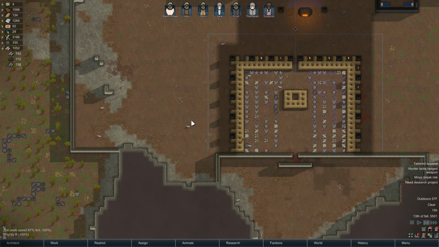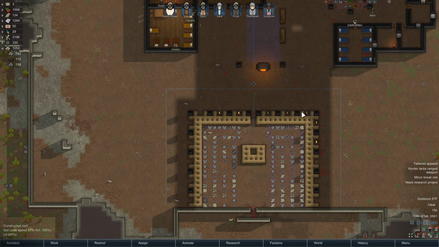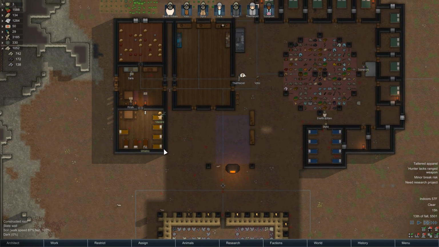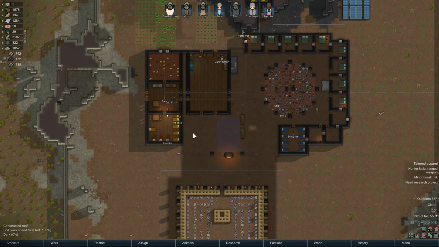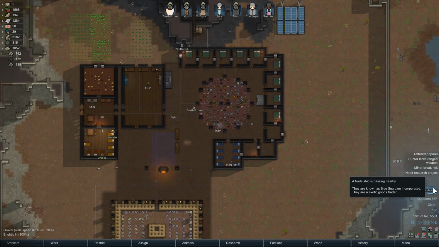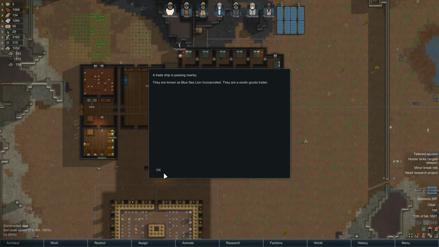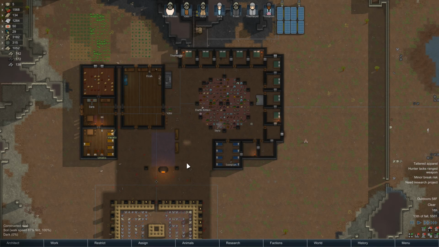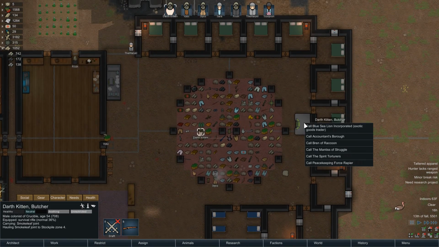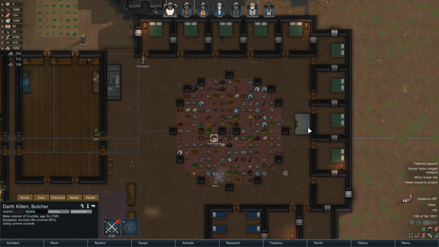You know what I can do? I can wait until I get a raider and then maybe sell the cats, because I think someone might object to me slaughtering the cats for food, just because people like cats. So anyways, exotic goods trader. Actually, can I sell the cats to the exotic goods trader right away? I think I can. Oh, yeah, no, not dark kitten.